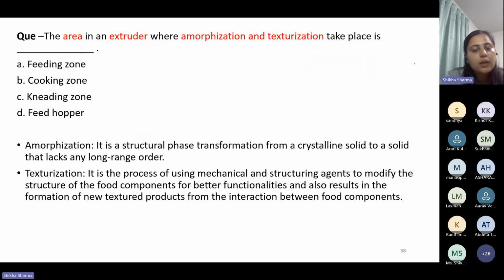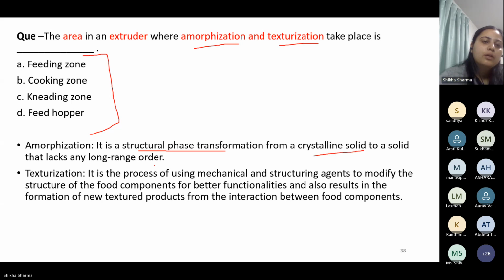So second question: the area in an extrusion where amorphization and texturization of the product happens. Which zone is it: the feeding zone, cooking, kneading, or the feed hopper? Amorphization means that the product's structural phase is changing from the crystalline solid